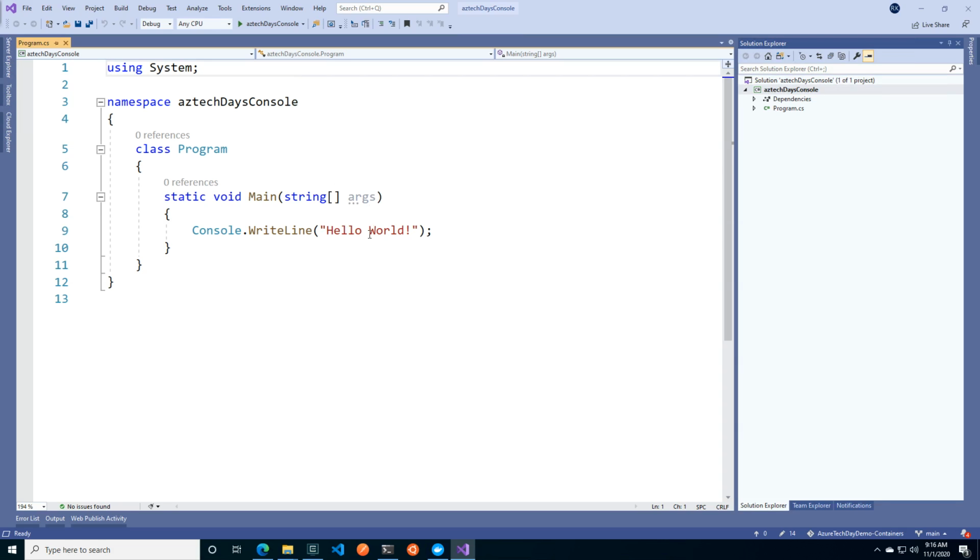This is just a console application. I didn't create anything, just a console application. There is some dependency. If I build the application,